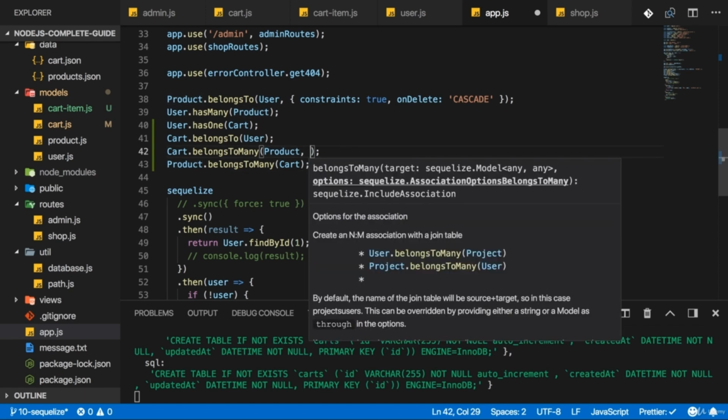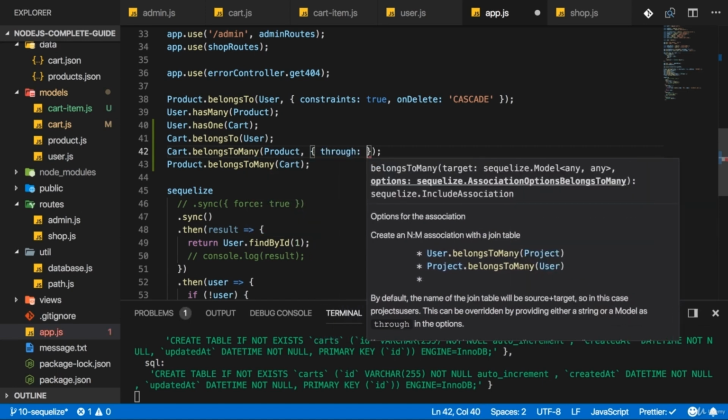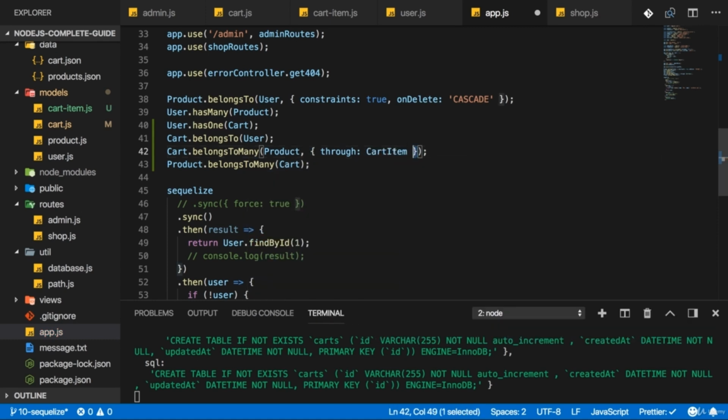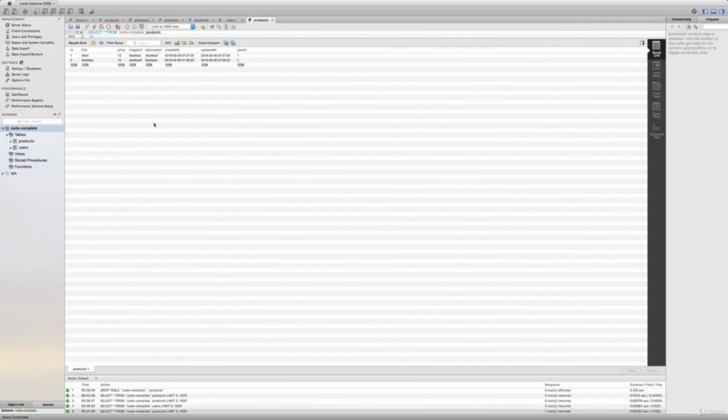I add a second argument to belongs to many, and there we add the through key, telling Sequelize where these connections should be stored. And that is my card item model. So I'll add that to both belongs to many calls here. So now we got this set up here, and therefore, now we should have all the setup we need. If we now, again, temporarily, set force to true to ensure that we do recreate all tables as required,